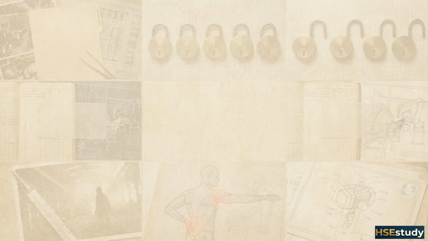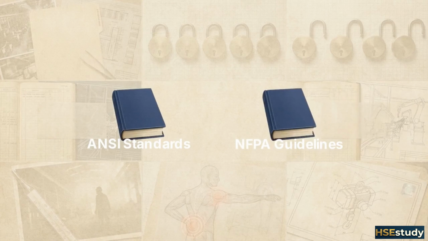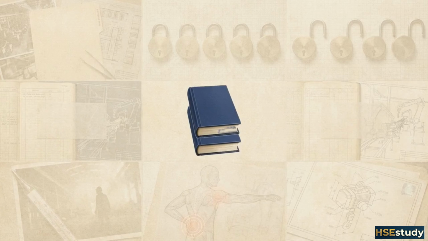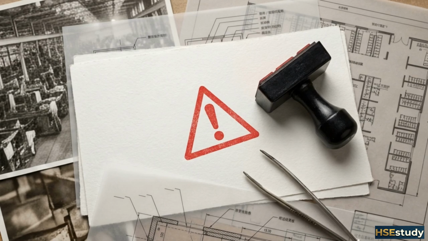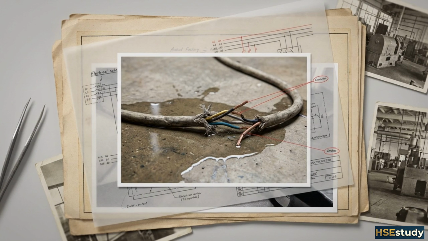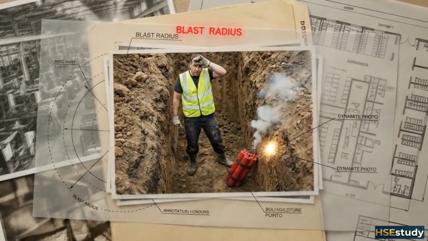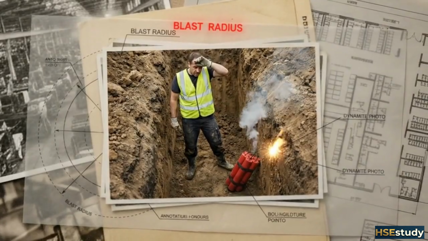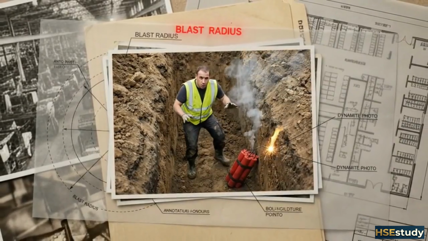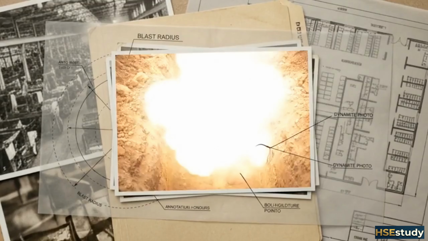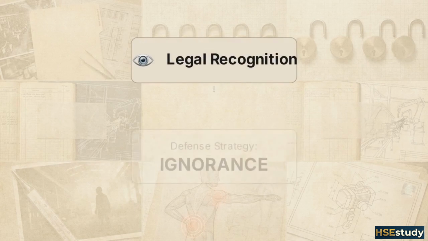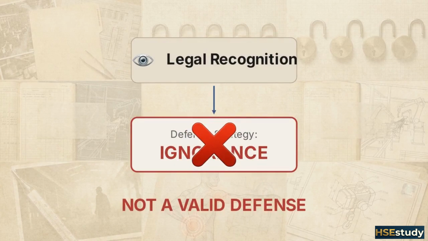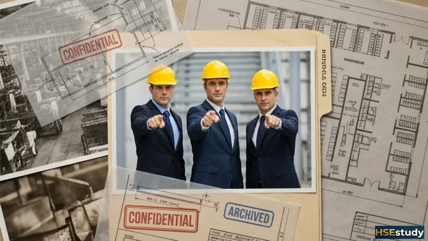Even if a company's internal records are clean, they are still bound by the legal standard of industry recognition. If external consensus standards from groups like ANSI or the NFPA address a danger, OSHA considers the hazard recognized, whether the employer actually read those guidelines or not. And for extreme cases, OSHA relies on common sense recognition. These are dangers so obvious, like forcing an employee to work near unbarricaded explosives, that no specialized safety knowledge is required to spot them. Under the General Duty Clause, ignorance of a hazard is never a valid legal defense if your industry peers or basic common sense dictate that a risk exists.